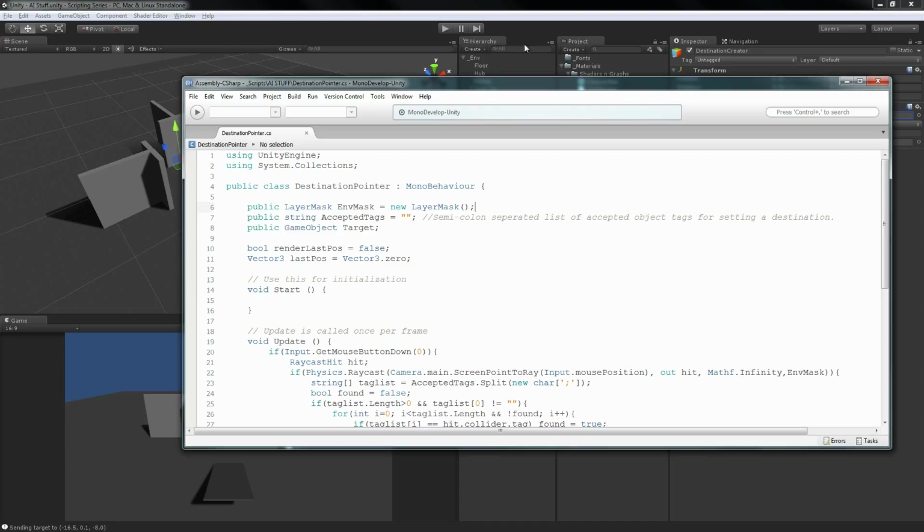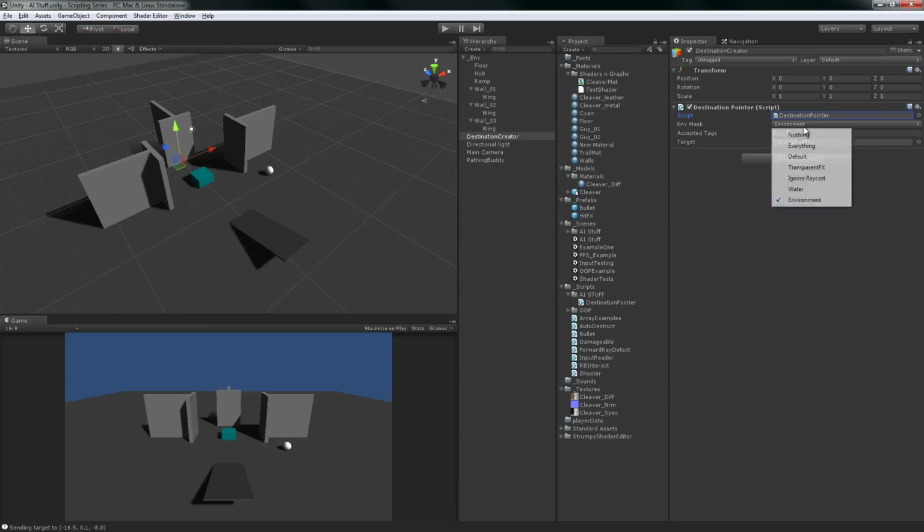But basically, the only thing you need to know about layer masks is that's how you create one, and it's just going to be a list of all of the layers in Unity. I'm not exactly 100% certain on how to create defaults, so you just have to make sure that you set them up when you use them. So like when it comes in default, when I drag and drop the script on here, I'll do that again. Remove destination pointer. It starts off as nothing, and in this particular case, if you just run this with nothing attached to it, it's never going to find anywhere that it can read information from. So you want to make sure that you set it to